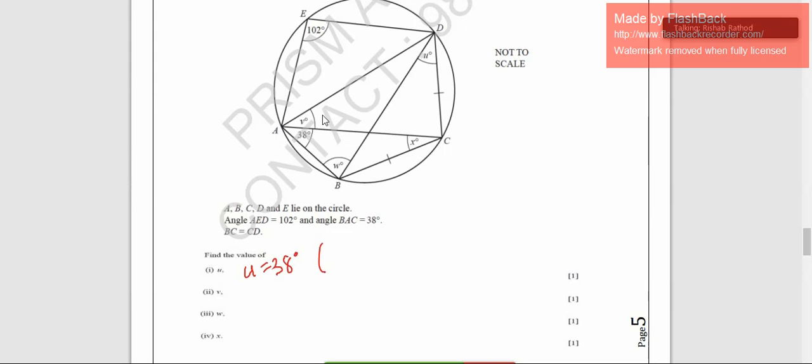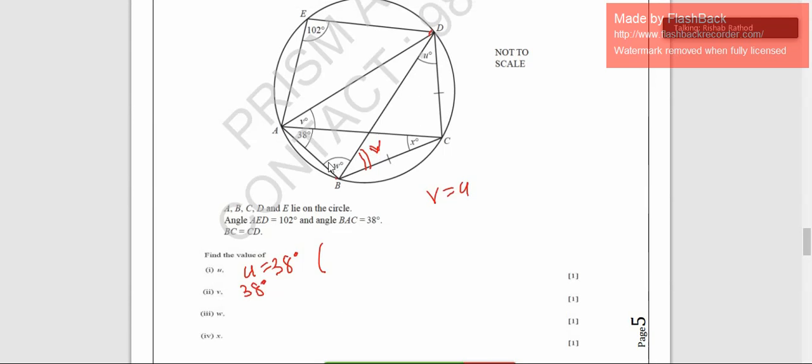Next, they have asked V. This is V. Is this the diameter? No, they have not mentioned. Okay. V is subtended. V is equal to this. See, can you see? This entire angle is subtended by DC. Same ending point is of this particular angle. So this will be V only. Now this is isosceles triangle property. So V becomes equal to U. So V also will become 38 degrees.